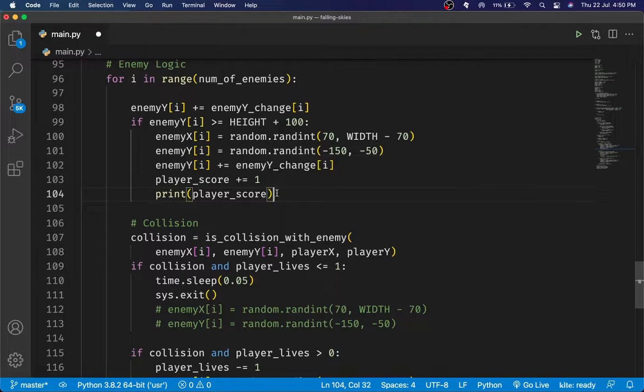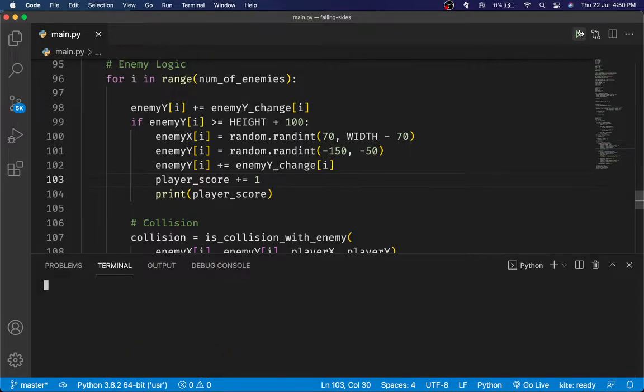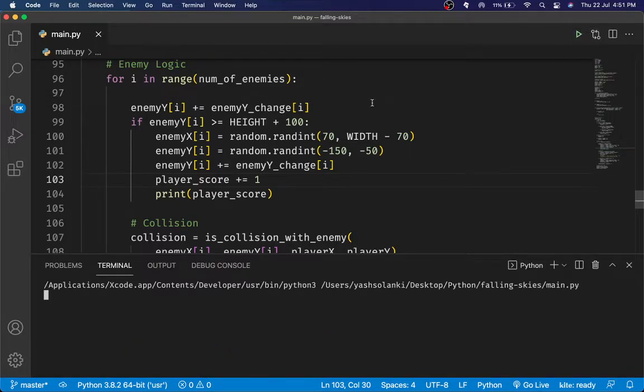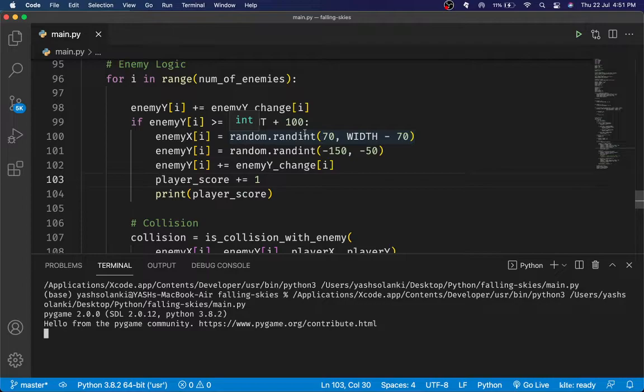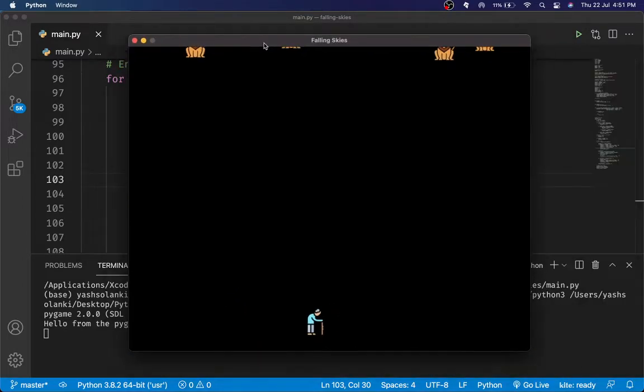Pretty basic stuff. I don't even need to test this. I know it's working. That's just 3 lines of code. If you want to test, or you know what, let me just test it out just to see, and if it isn't working then try to figure it out. Let's just get this thing.